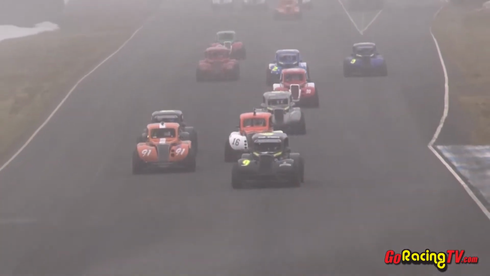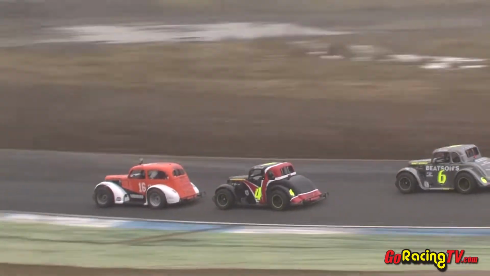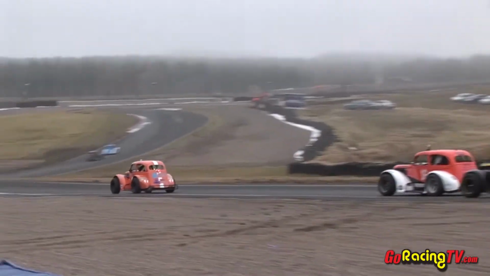Down the straight we go. There is Paul O'Brien, the affable young Irishman, up ahead of Daniel Mackay. John Bushby in 16, car number 4 David Newall, 6 is David Hunter, who's cutting his way through the field as well, making progress. So Daniel Mackay